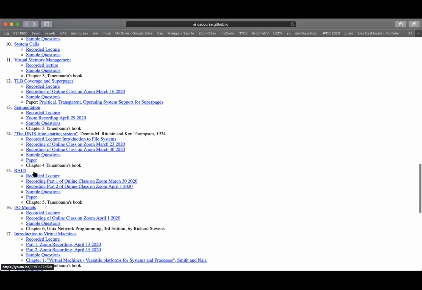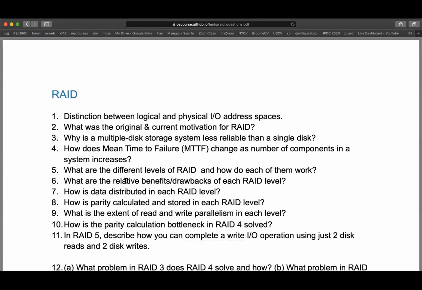So we again spent quite a bit of time on RAID, and we talked about how RAID extends the virtualization concept to storage devices. Basically, we're doing a many-to-one virtualization. We take many disks and then we map them to